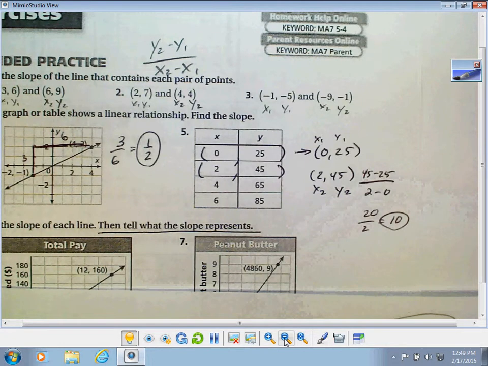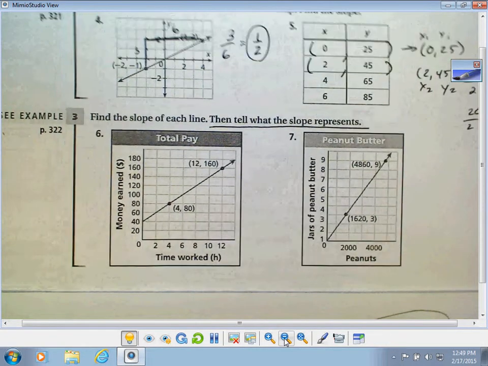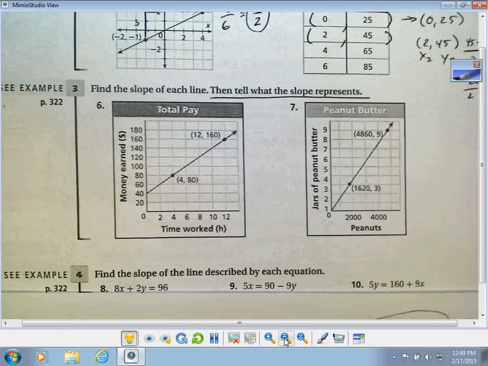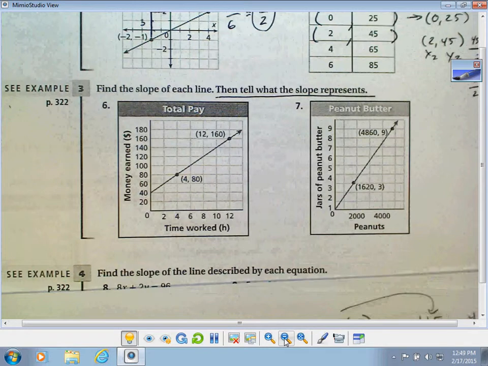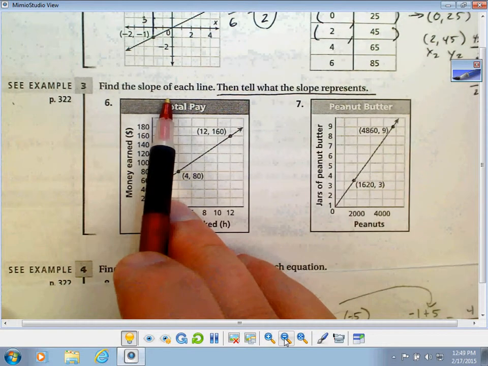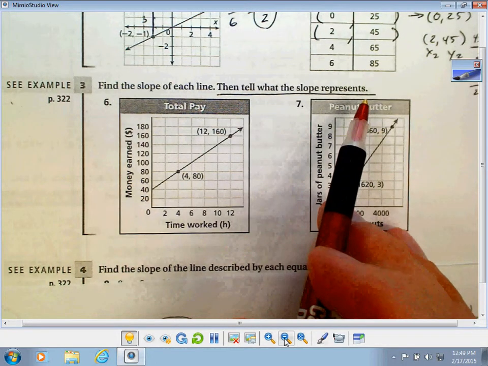Alright, so then we move down to number 6 and 7, what I would think are probably the hardest problems on this lesson. They ask you to do 2 things. First, they ask you to find the slope, so they're going to give a numerical value, and then it asks you to tell what the slope represents. So for number 6,